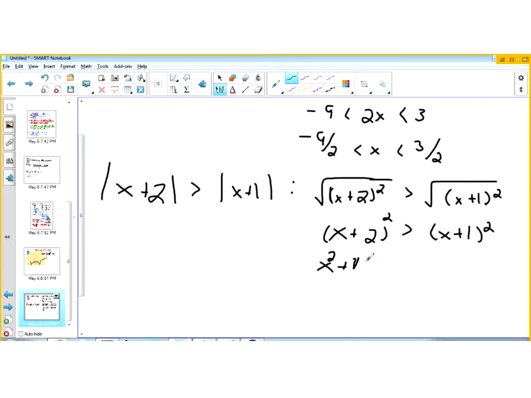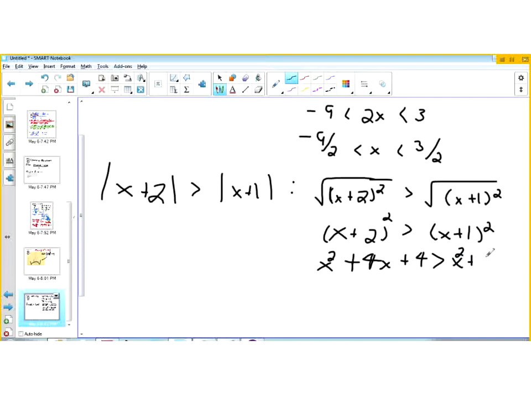Okay, and then we go ahead and complete the squares. So x squared plus 4x. Oops, that doesn't look like a 4, does it? Sorry about that. Let me fix that. So x squared plus 4x plus 4